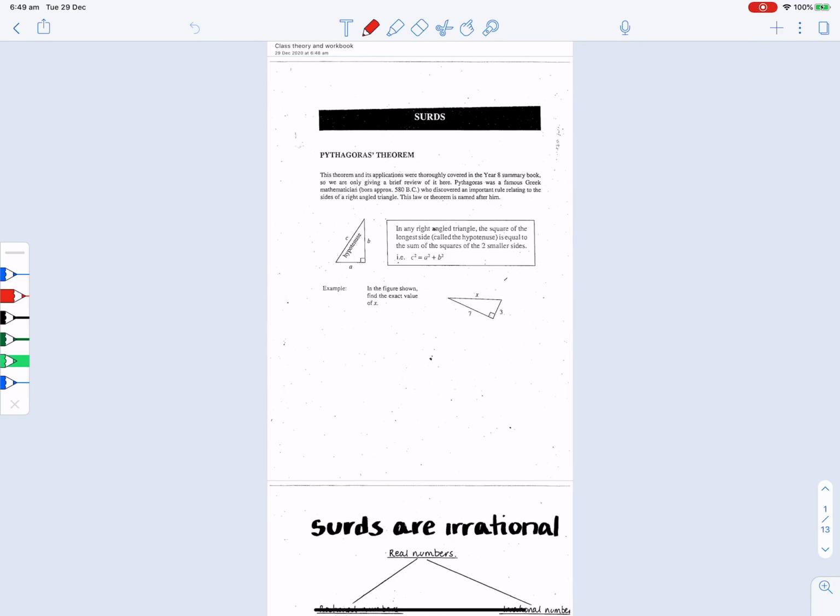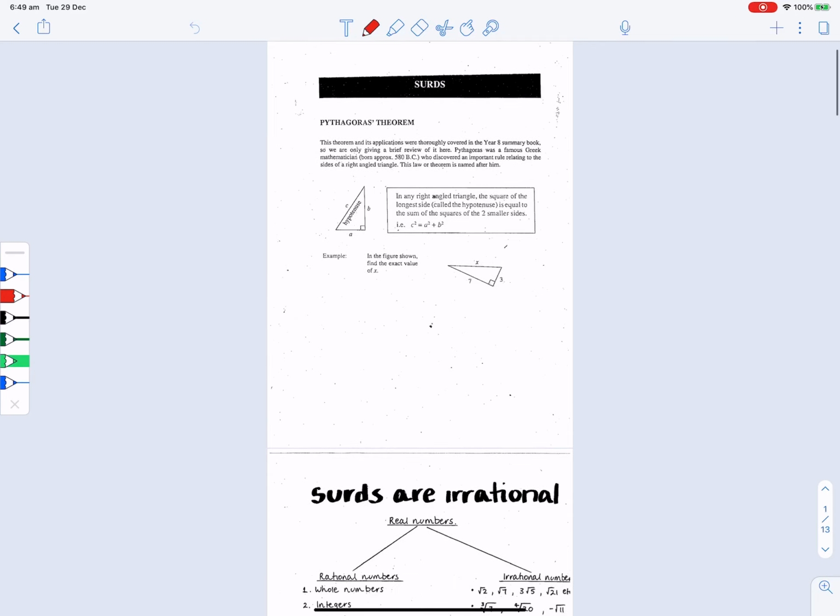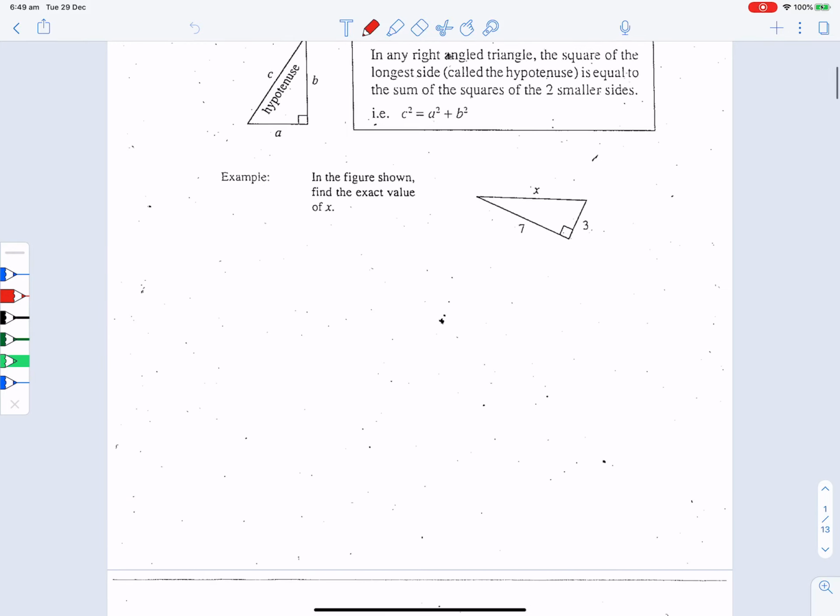All right, so the topic of surds is a very important one and one that must be mastered in Year 9 and 10 and quite often in Year 11 and 12. If you recall back to Pythagoras' theorem and if you have a look at this question, okay, if you follow